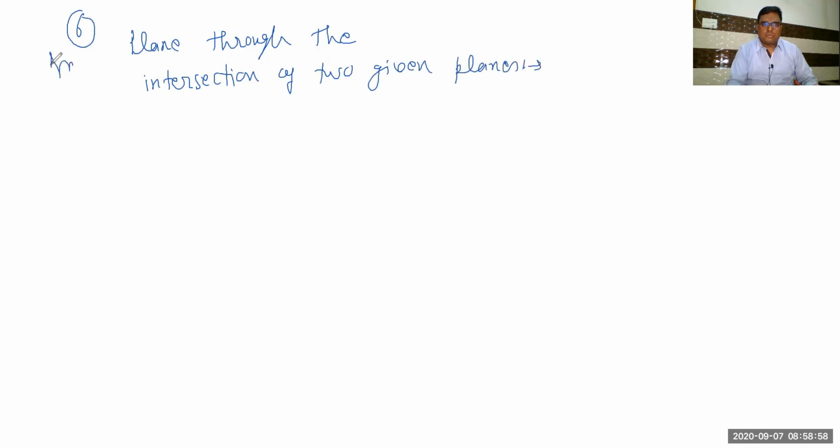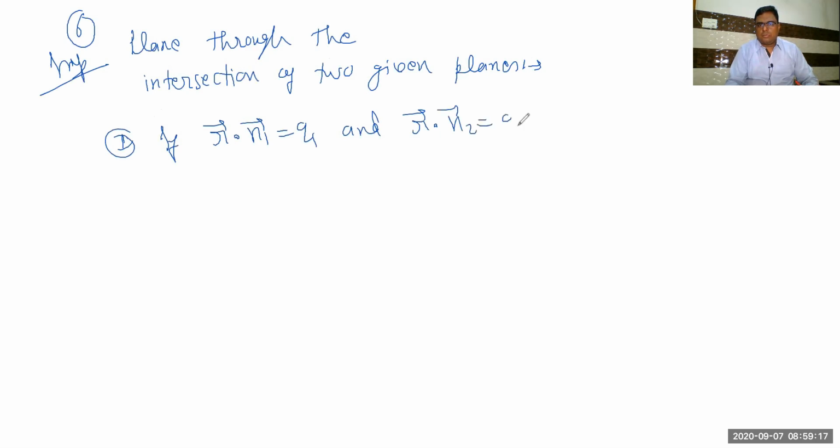This one is a very important formula. We will take this formula in two cases. Case first, if r vector dot n1 vector = q1 and r vector dot n2 vector = q2 are two given planes,